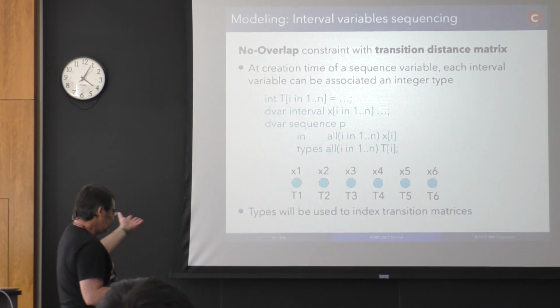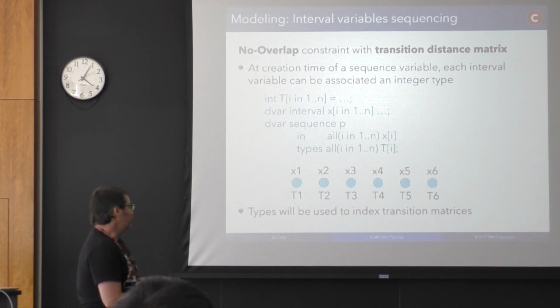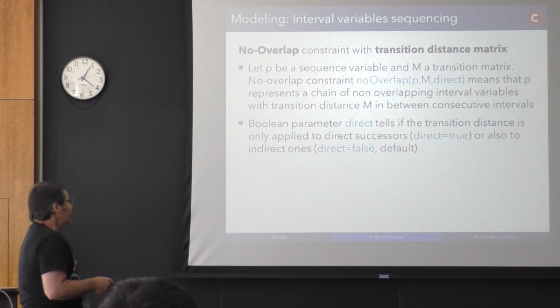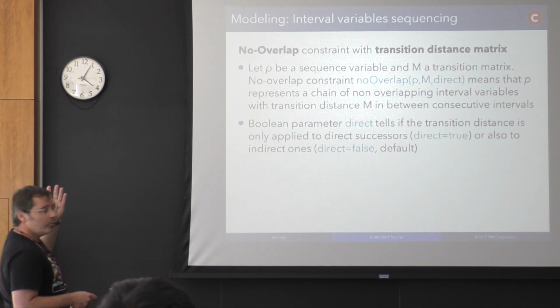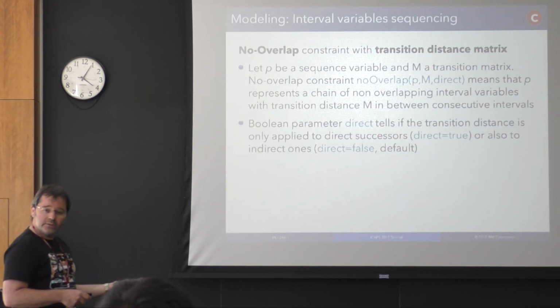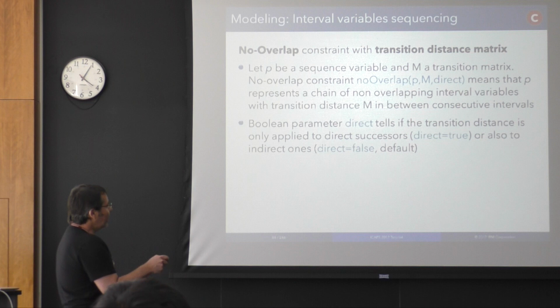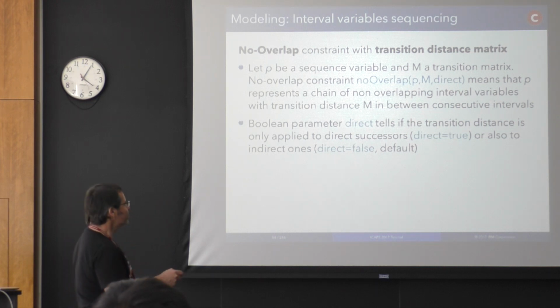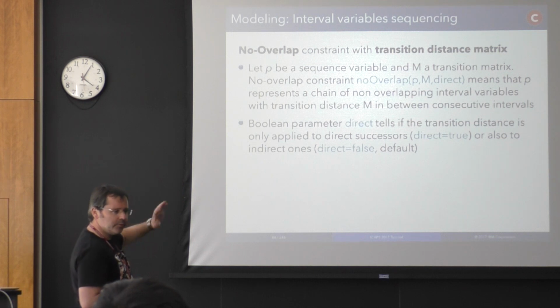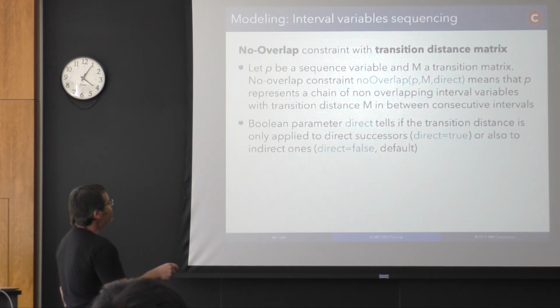Yes, and as I said, type will be used to index transition matrices. What does it mean? It means that you can define a no-overlap constraint on a sequence variable together with a transition matrix M here. Actually, there are two options of this no-overlap constraint, because you have a Boolean here. I will say a little bit what it is, direct or indirect. But if you pass this constraint, transition matrix M on the sequence variable P,